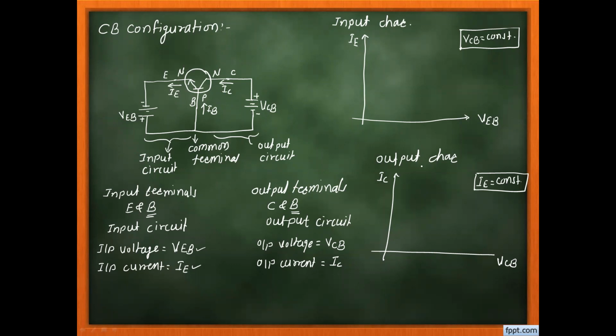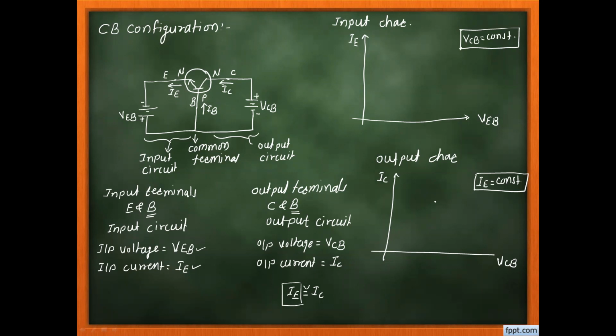And when we want to draw the output circuit characteristics, they are drawn on the output circuit voltage and output circuit current. And on what does this output circuit current depend? It is the reverse bias current. It does not depend on the reverse bias voltage. Because in every transistor, we know that emitter current is approximately equal to collector current. That means this IC depends on the emitter current, not on the voltage. So we need to keep the input circuit current constant while drawing the output circuit characteristics. Is this point clear?